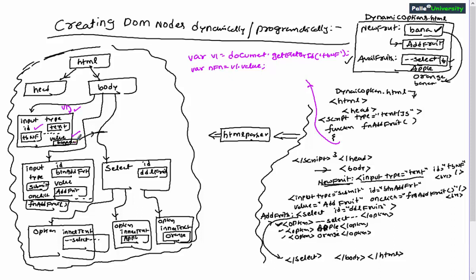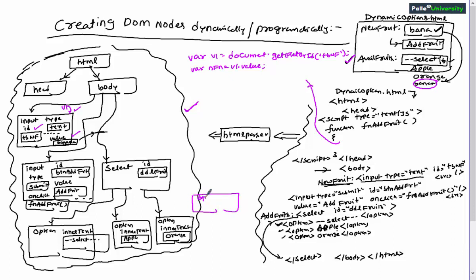Next, what do we need to do? Now our task is to add this newly given fruit name to the drop down list. I already told you that we cannot make any changes in the HTML. In case you want any changes at the UI level, you have to make changes in the DOM tree. It means that we have to add a new node inside this DOM tree,